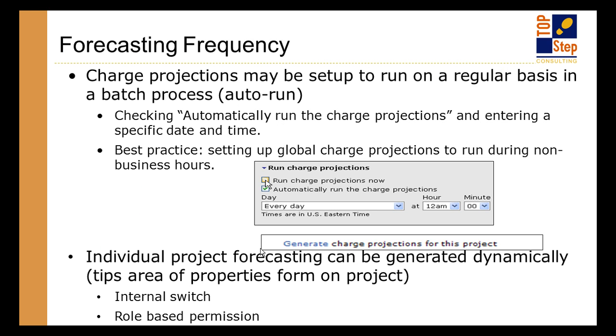How often should you forecast? So the system does not dynamically recompute forecast every time you update a schedule or put a timesheet in or anything like that. It is a batch job. There are scheduling controls on the configuration of charge projections that allow you to schedule it to run every day, for example. Typically off hours, if you can. Some of you are in global companies where there is no such thing as off hours. But pick a time that